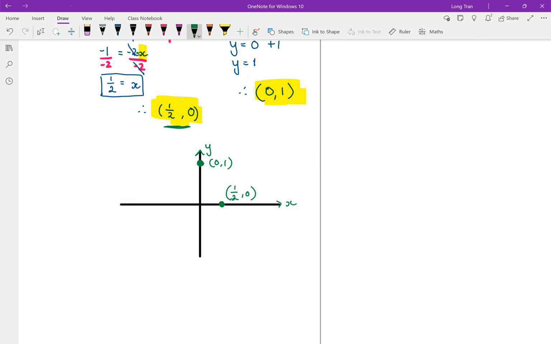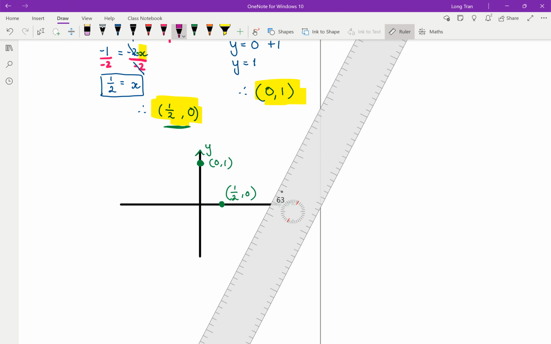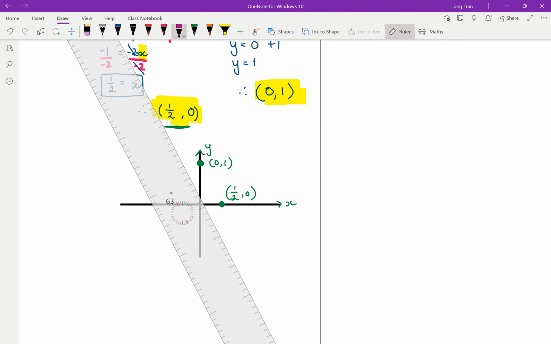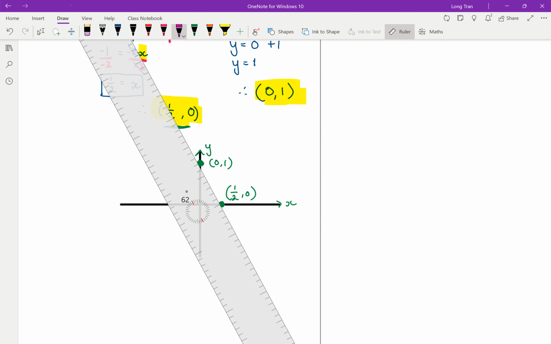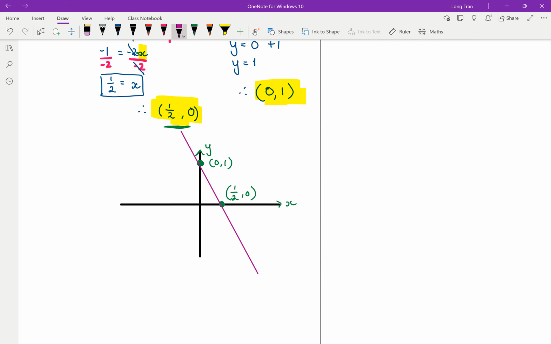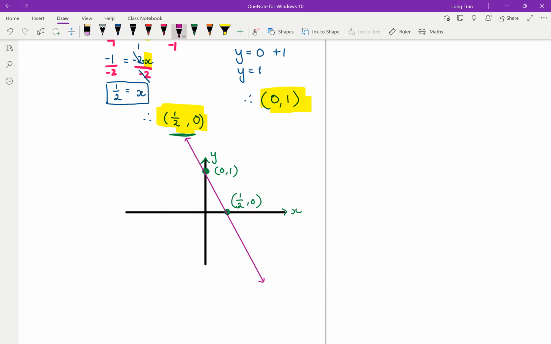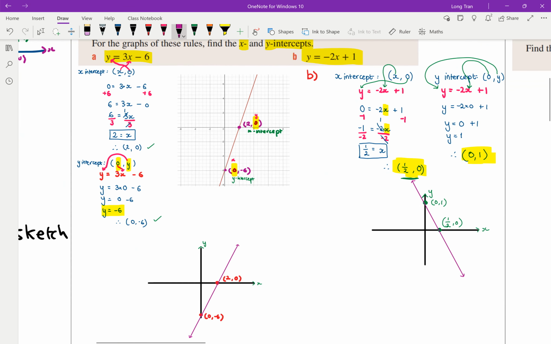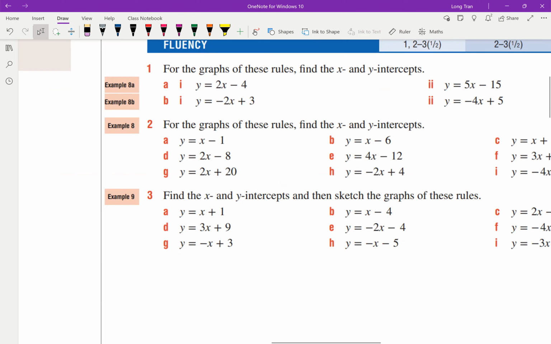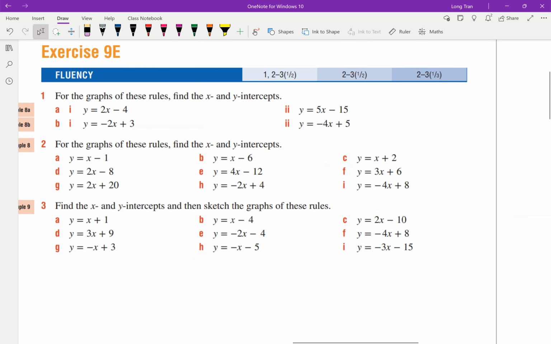So I don't even have to measure the axes. You see what I mean? And all I do now, as long as you've labeled it, use a ruler and you sketch. I like to put an arrow at the end of the lines because that indicates that it's infinitely going on. So there you go. That's how you sketch using algebra, and that will help you practice exercise 9E, where they